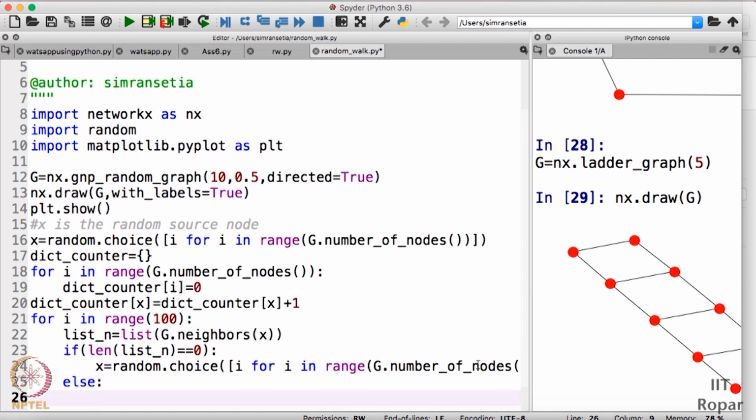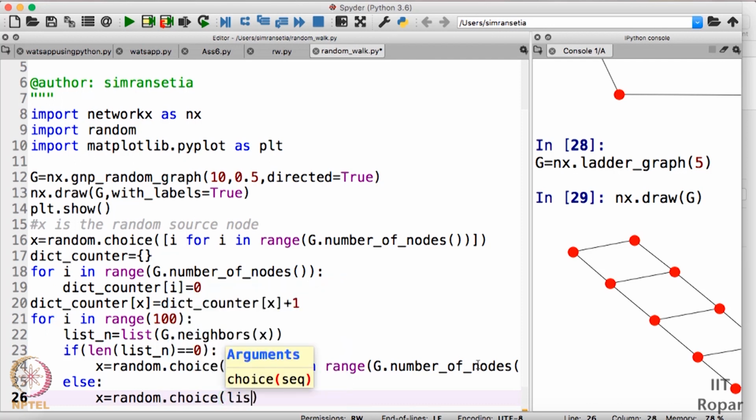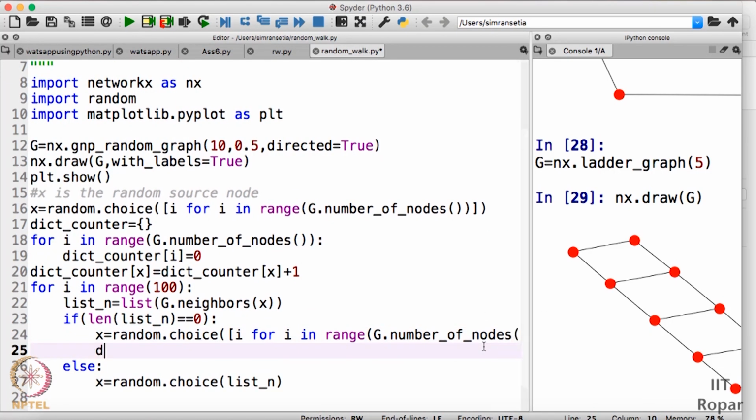Else, what we will do, we'll select a node randomly from list of n. So we'll say x is equal to random dot choice list underscore n. Then we also need to increment the counter of the particular node.